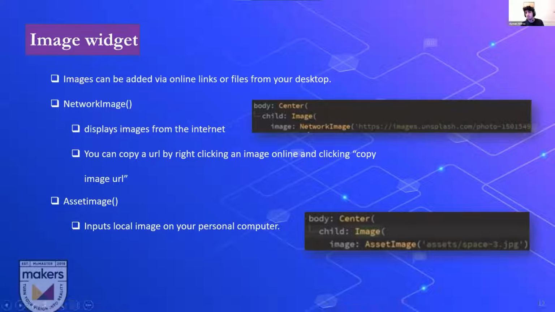And basically, it just allows you to add an image. I'll do it in the container demo. So it allows you to add an image to the app itself. So you can upload images from either online or from your local desktop. Network image is the one that allows you to upload images from online. Asset image is one that allows you to upload images from your local desktop. So if I downloaded something called background or something, and then I wanted to upload it, I could do that